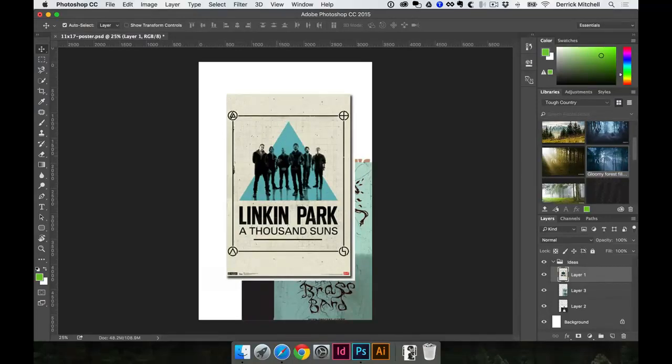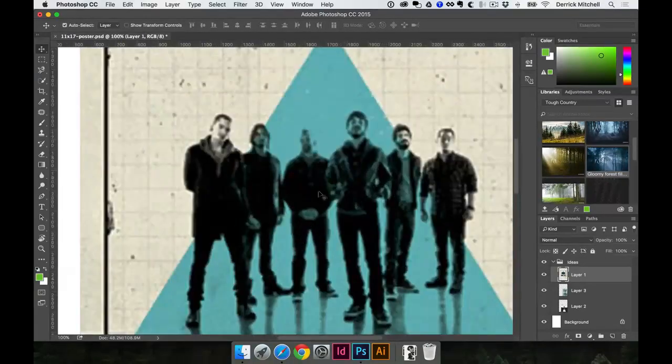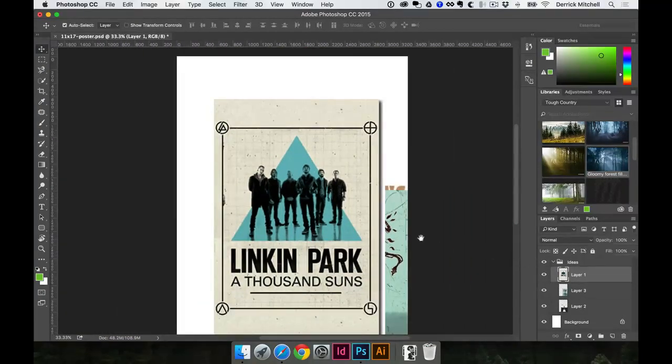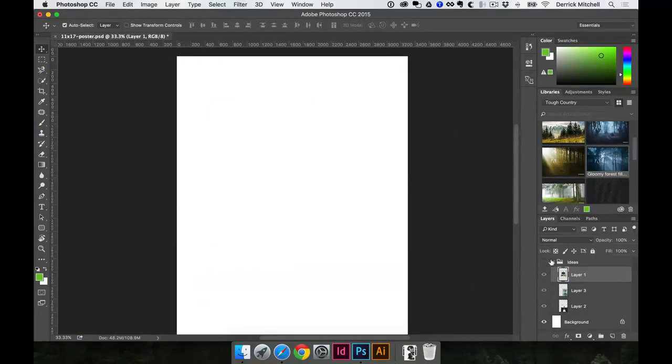I liked that they've got, if you look closer, this blue triangle that kind of interacts, these layers merge together to kind of color them. And I think we're going to probably take that approach on this poster. So what I'm going to do now is go ahead and turn off that ideas,